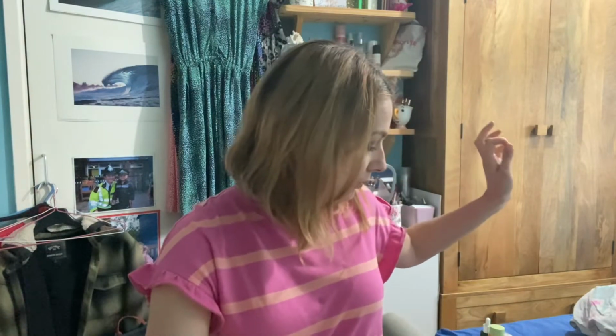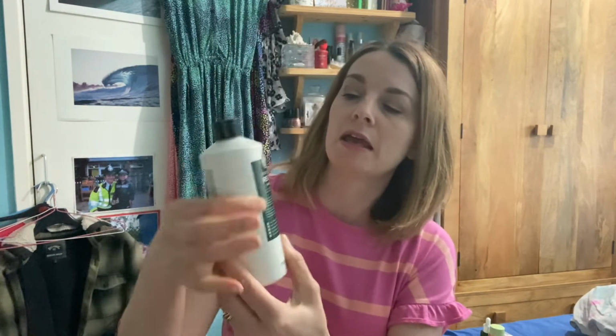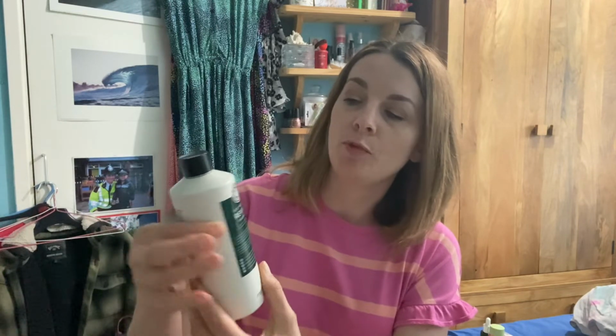Now, let's move on to hair care. So these I can't mark, annoyingly. I've tried shining a light through the bottle to see if it will work, but it's just too thick. Squeezing it, I would say the shampoo, I'm probably down to about here. I wash my hair twice a week. I am a double cleanser as well, just to enable me to leave my hair being washed twice a week. And then this is the conditioner, and I would say again I'm probably down to about